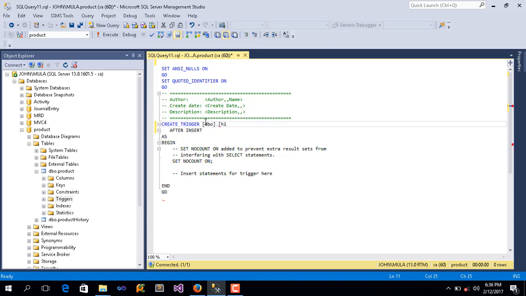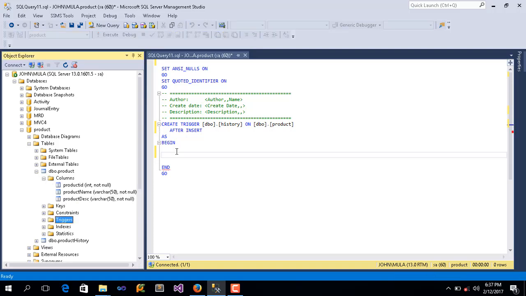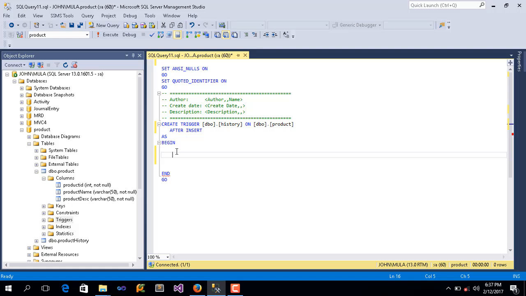I will name it history. On our product, history of our product. Okay, we're good to go. I will delete this. As you can see, there are 3 columns in our product. I will declare a parameter for that column.